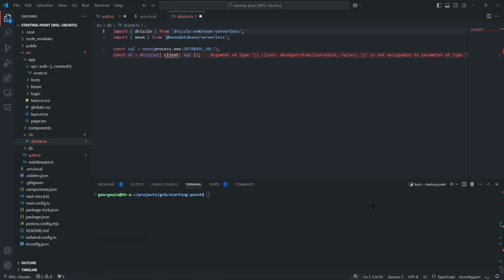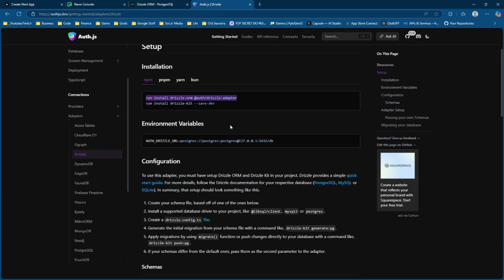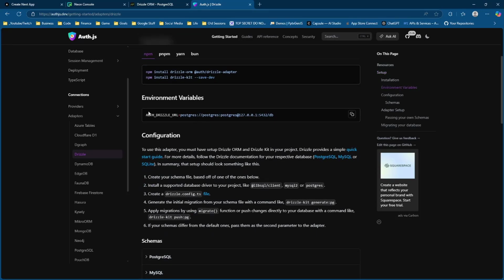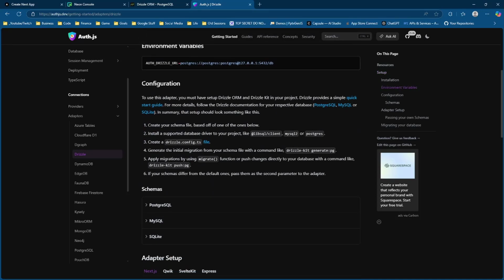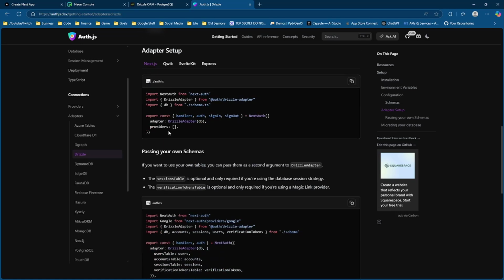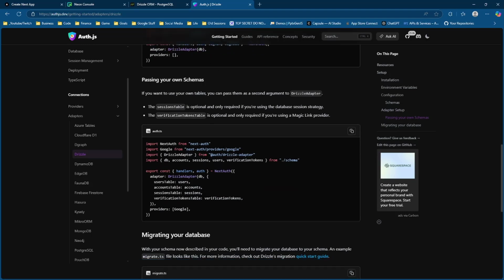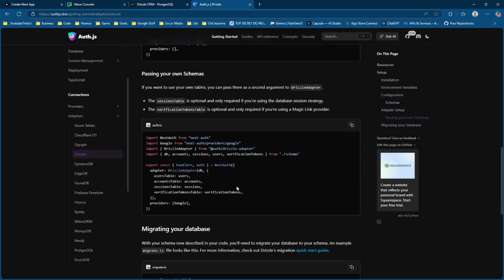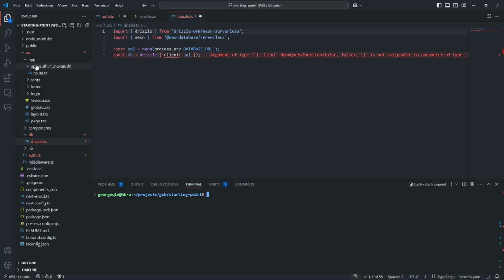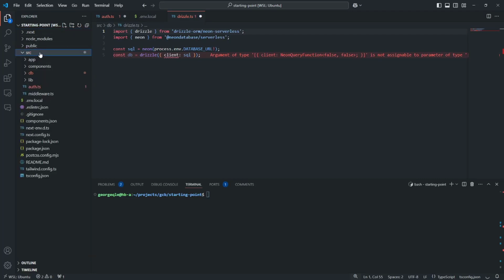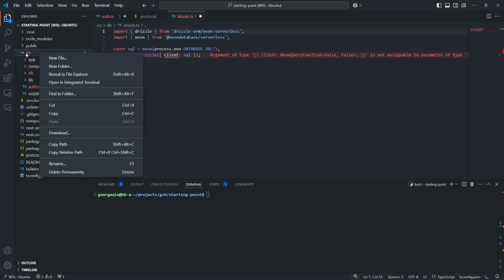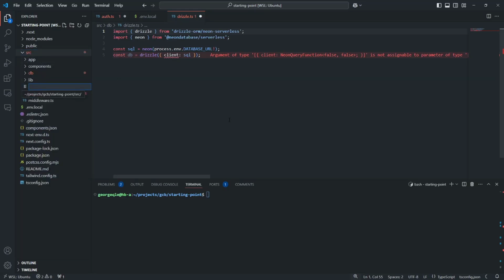Cool. We already have our Drizzle kit, so we don't need to do that. We've already set up our environment variables, so we don't need to worry about that. And so inside of our auth.ts, again, this is why we wanted to wait until the adapter was created. We are going to put it in its own separate file. So I'm going to create a different file here, and let's just collapse everything so it's easier for everyone to know where it goes. In the source folder, we're going to create